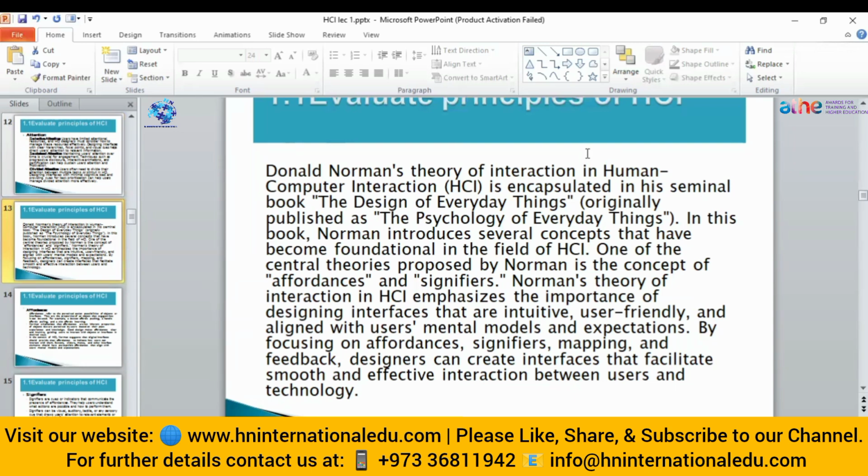According to this theory, there are three things that HCI should emphasize. We will see them one by one.